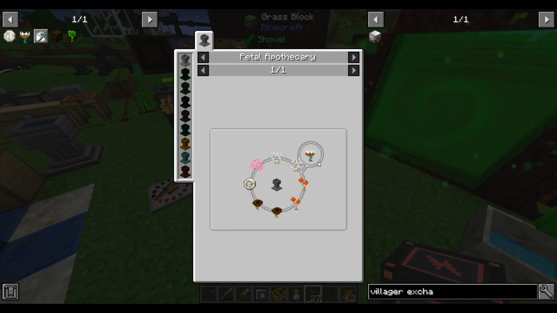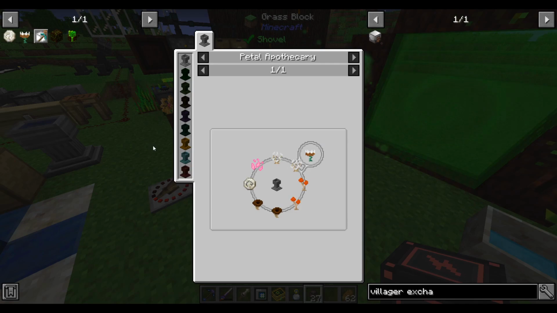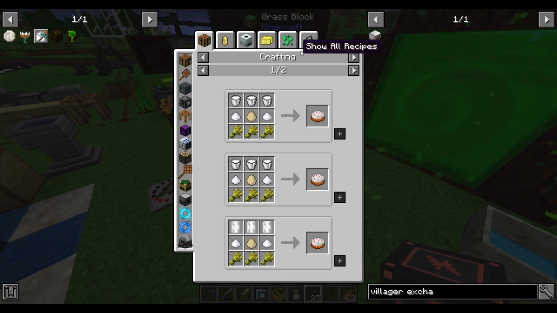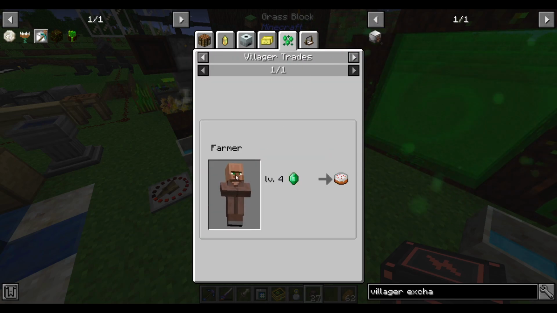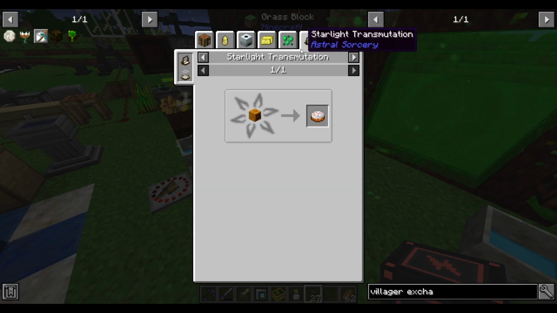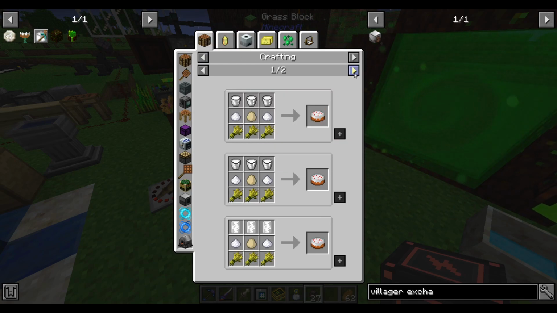So to make mana in the late game Botania, I always default to this flower. It eats cakes, and to make cakes, we can turn pumpkins into cakes with Astral Sorcery. We can also buy cakes from villagers pretty easily, so there's a couple pretty easy ways of getting cakes. Of course, we can also just craft cakes, but that's a few more steps. Anyways,